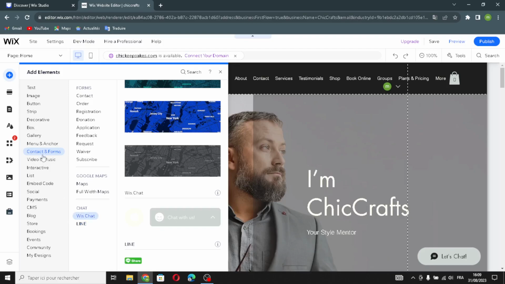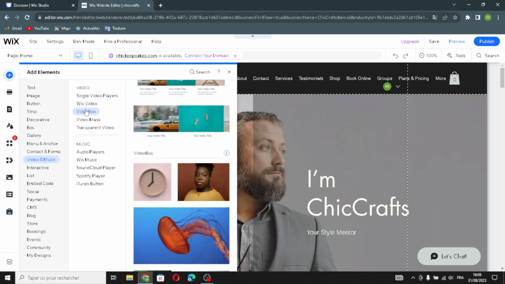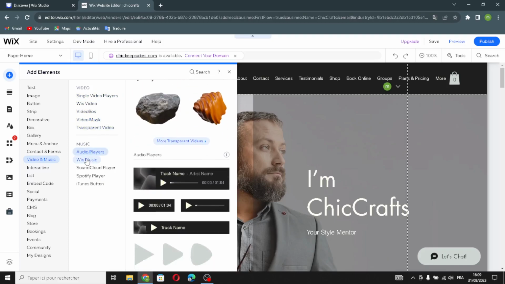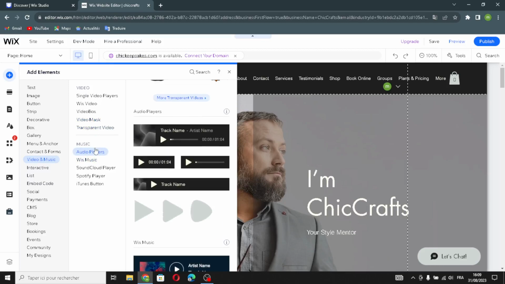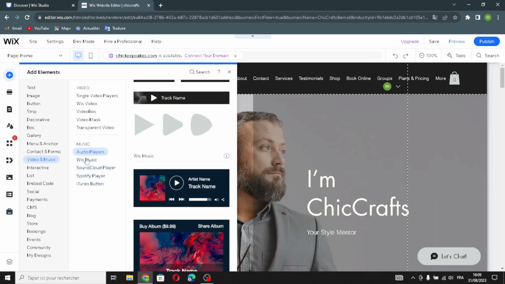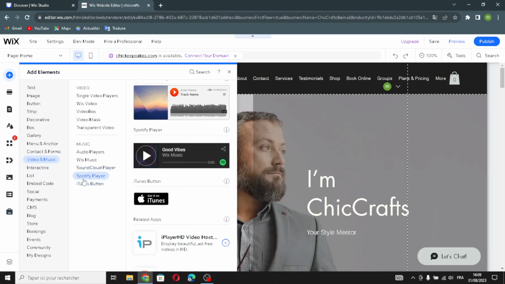So let's move on to the next. Next is the video and the music elements. If you want to add something from here, single video players or Wix video or video box or video mask or transparent video, or if you want to add something from the music elements, like audio players or Wix video or Wix music or SoundCloud player or Spotify player or